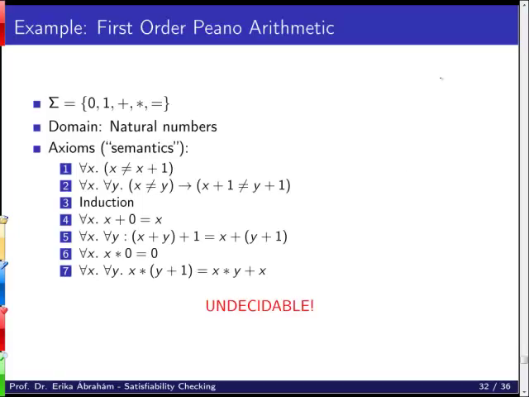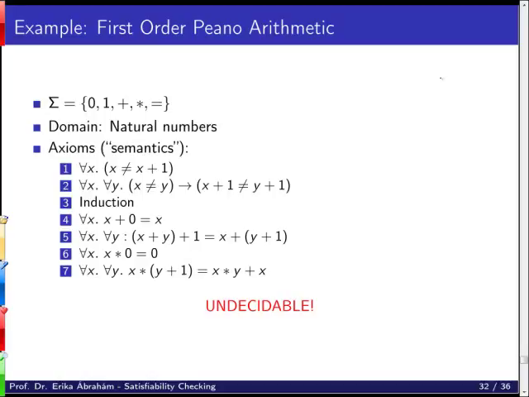And if you look at the example of first order Peano arithmetic, where you have integers, addition, multiplication, and equality or comparison, it doesn't matter, equality or less than. Then we have an axiomatization which says that each number has a unique successor. Then we have a rule for induction, and we have 2 rules each for addition and multiplication. For addition, we state that 0 is a neutral element, and that addition can be computed recursively. And the same for